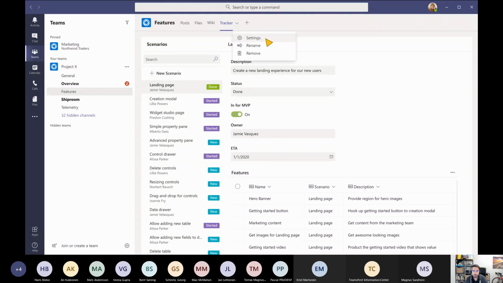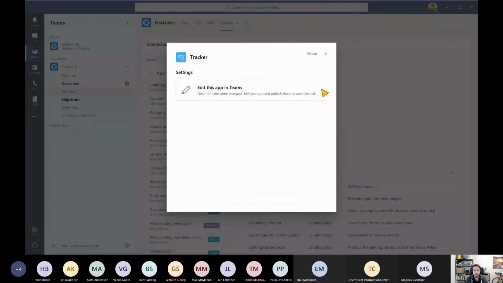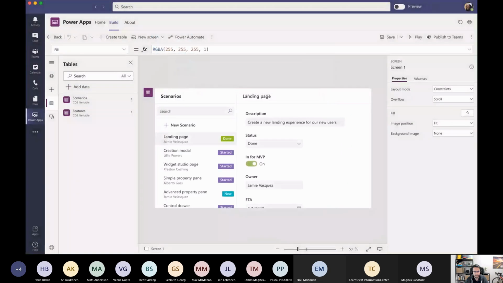You can click on the tab and then click on settings to change the settings, and then edit the application inside Teams, and come back to the designer to modify the application.